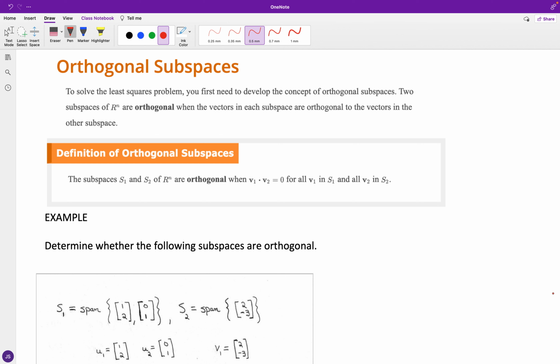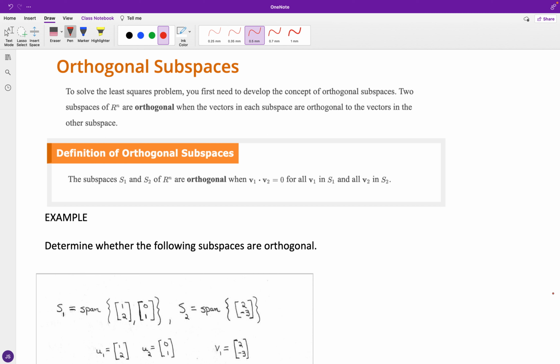Okay, for the next portion, this is going to go back to when we were looking at homogeneous equations, especially in the determination of null spaces. And we have what are referred to as orthogonal subspaces. Now for the backdrop, to solve least squares problems, you first need to develop the concept